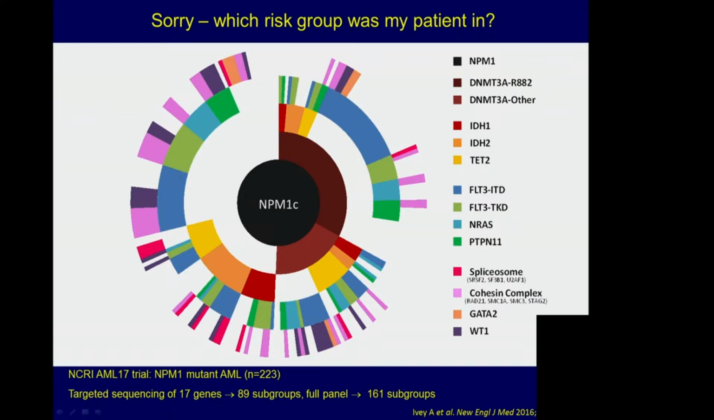And this is just looking at patients with NPM1 mutated AML, which is found in approximately 1/3 of adults. We had 223 such patients in AML-17, and we performed targeted sequencing on these patients. And we were able to divide these patients into 161 separate subgroups. Even when we looked at the 17 most commonly mutated genes, we were able to define 89 separate subgroups, which